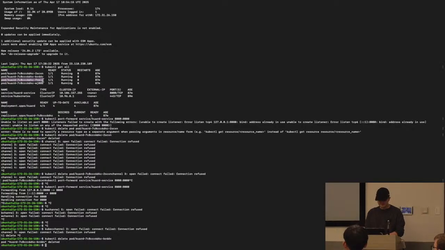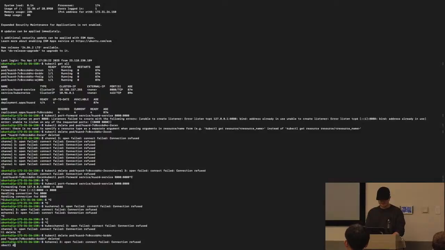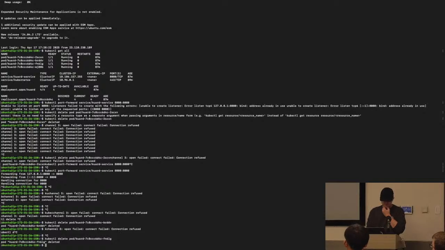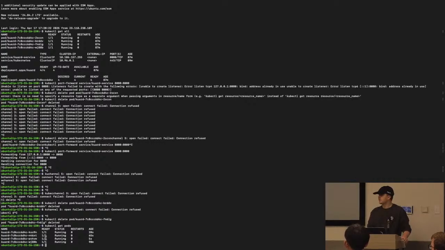You can imagine this as a DDoS, or as it crashing, however you want to think about these pods going down. I'm going to save you the time: you can't delete these fast enough, because if I try to get my pods again, all 4 of them are still running. The second a head gets cut off, it's like the Hydra, they just come back up every time. Kubernetes is very hard to take down.